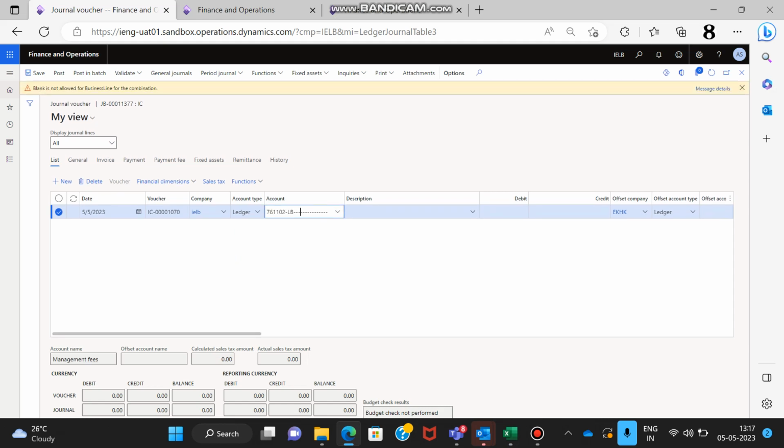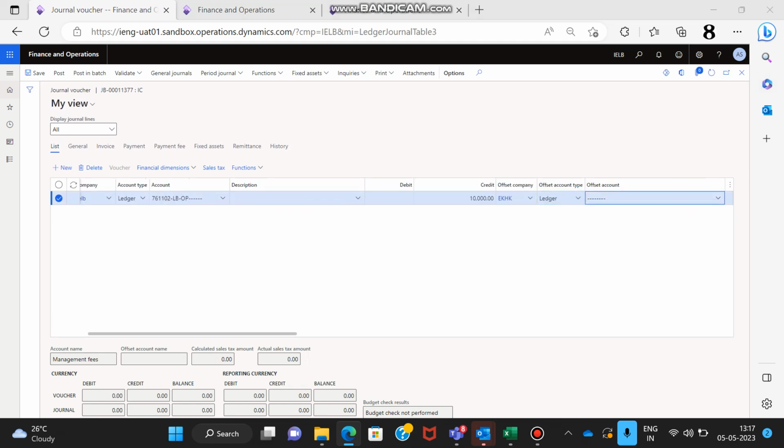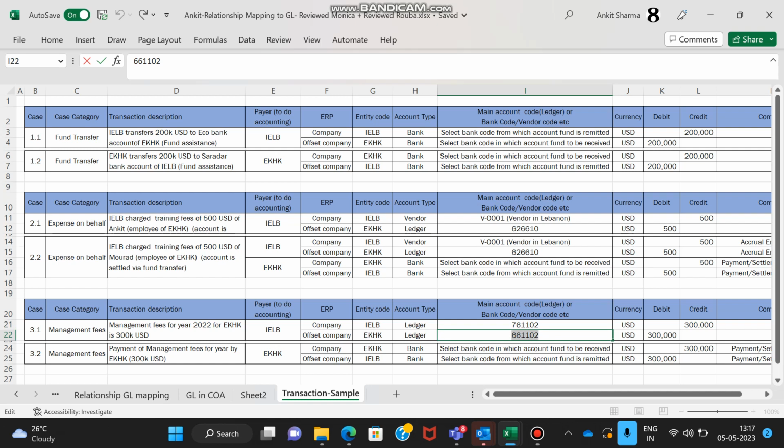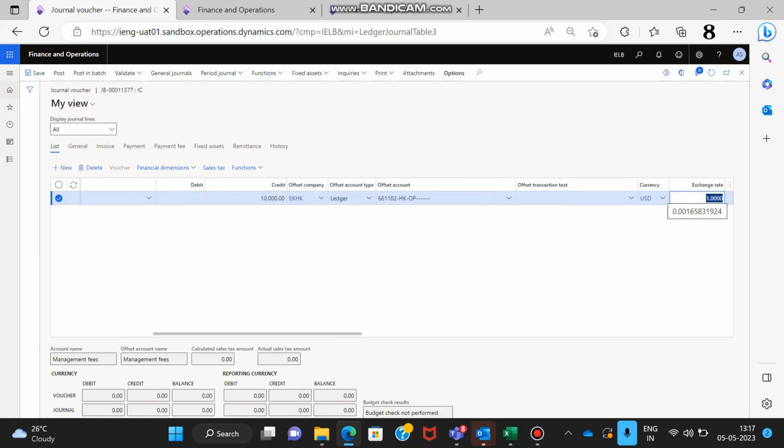They will credit that, let's say with 1,000 US dollars, and the next effect will go to the books of Equistock Hong Kong. Here the GL is 6611002. So HK, and I will select OP, and the currency would be dollar here. If I post this transaction,